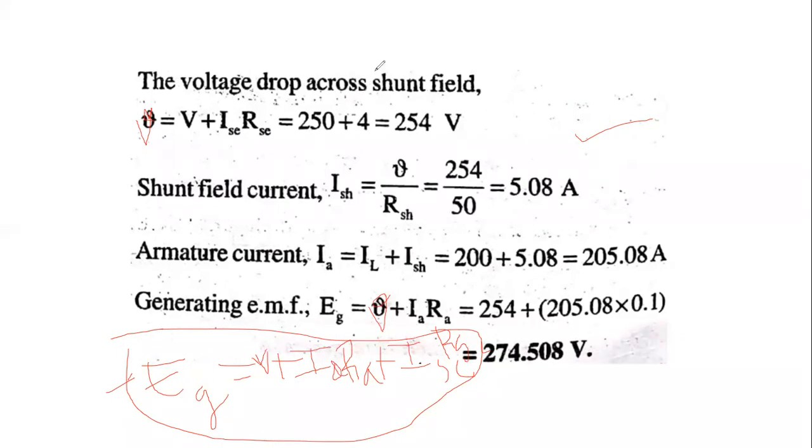This is the procedure for solving the problems related to the types of DC generators. We remember the diagram for all the types of generators, that is separately excited generator, shunt generator, series generator and compound generator. And then we remember the formulas related to the currents and the voltage equation for all the types of generator. Then we can easily calculate the problems related to the types of DC generators. Okay, understand?